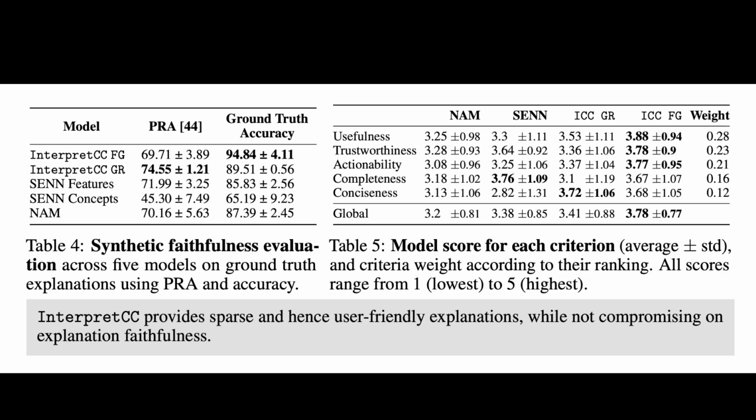So we were really trying to optimize these user-friendly aspects of how the explanation is conveyed and the format in which it is provided, as opposed to other evaluations, which are often on the stuff that we had just discussed, which is, are the explanations faithful? Are they consistent? So the angle that we took is really how useful are these explanations? And what we found, especially doing the user studies, was that in general, InterpretCC explanations were preferred, I think especially because of their conciseness and the way that they were described.